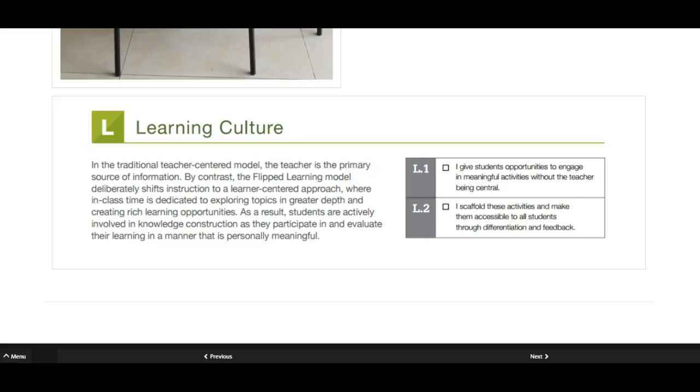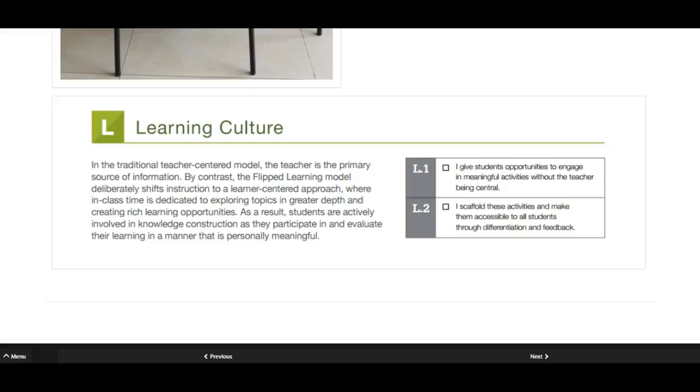So all of you that have mentioned in the discussion in Google Plus how you have strived to create a student-centered environment, this is for you. This is for those of you who have started to take a step aside and let your students do most of the work. We also need to scaffold these activities and make them accessible to all students through differentiation